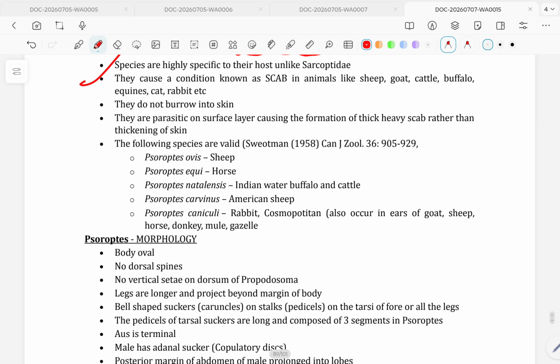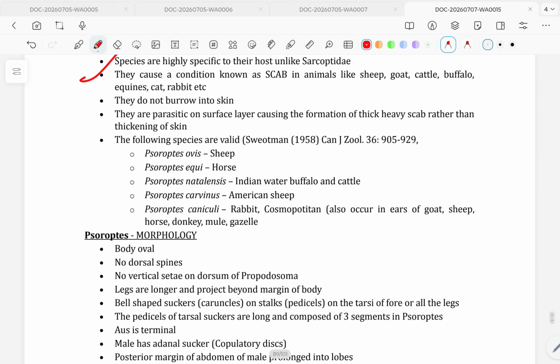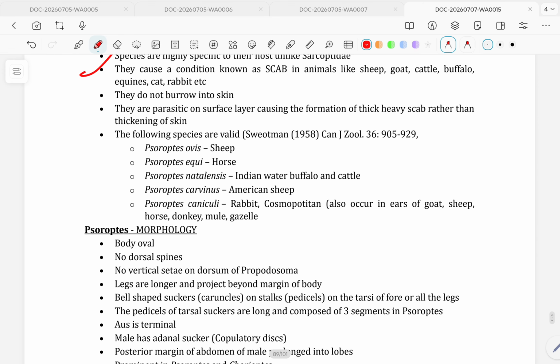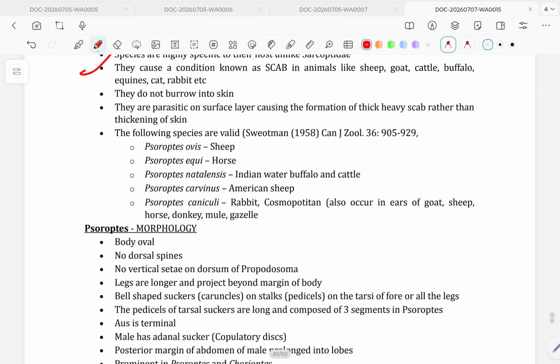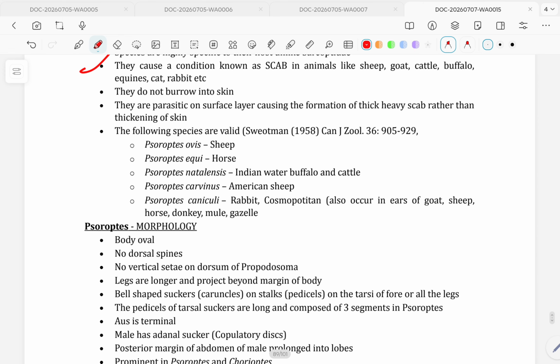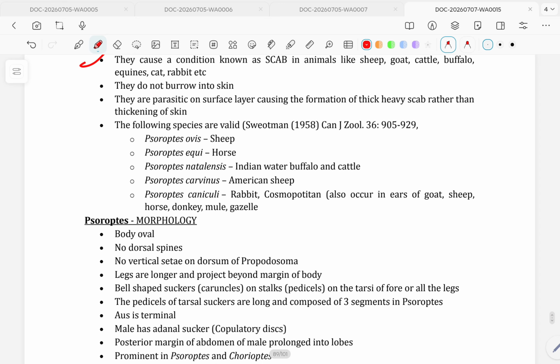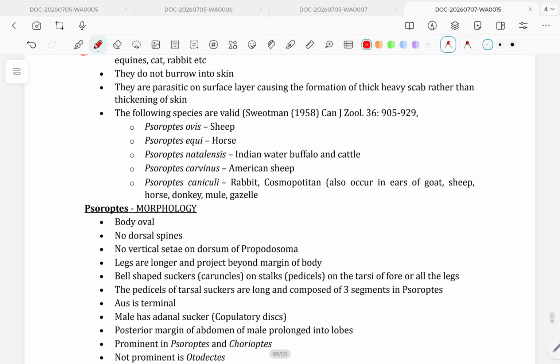They do not burrow into skin. They are parasitic on the surface layer, causing the formation of thick heavy scab rather than thickening of skin. The following species are valid: Psoroptes ovis, Psoroptes equi (horse), Psoroptes natalensis (Indian water buffalo and cattle),